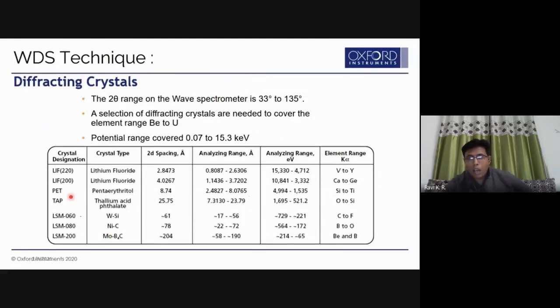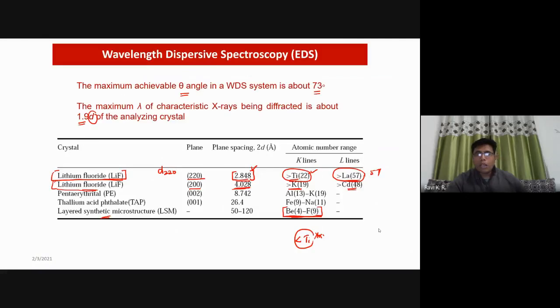Now, currently we can actually go to even lighter elements. In previous times, you had this problem. Nowadays, I think we can even go to boron or other elements and measure them. Nowadays, we have a larger number of crystals. So let's say around 10-15 years back, this was the condition. Now we are in a much better position. So this is what we are talking about.